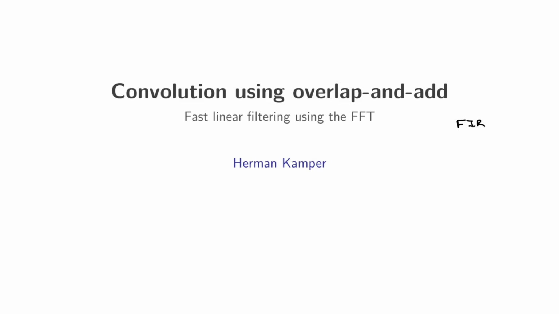And what we're going to see is we're actually going to modify the process that we've looked at before, which was called zero padding. And we're going to modify it in order to allow it to basically become a streaming algorithm so that we can process things as we receive them in little blocks. The aim of the game is that we're going to use the FFT in order to do convolutions specifically for the application of getting the output of a finite impulse response system.